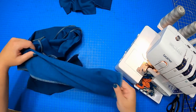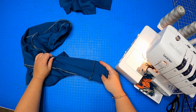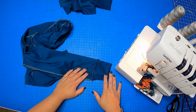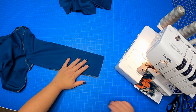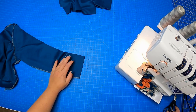Okay, so that sleeve cuff is attached. I'm just gonna pull that right on out. I'll give that a decent press just to make sure that it's looking really good, but that is done. So I'm gonna do the exact same thing for the other side. I will mark the opposite edge,